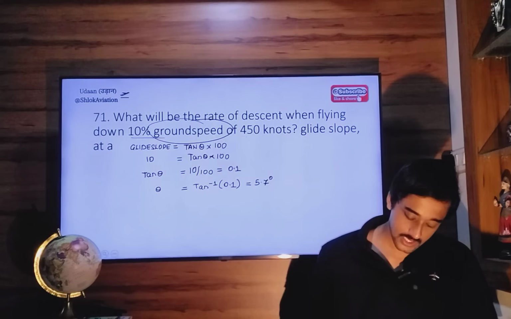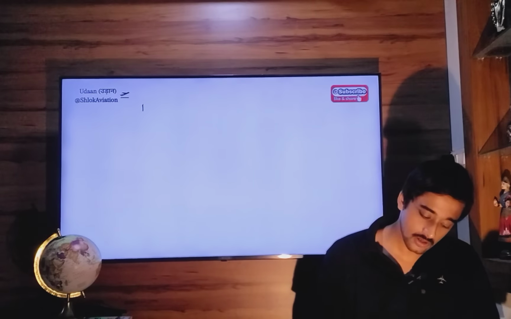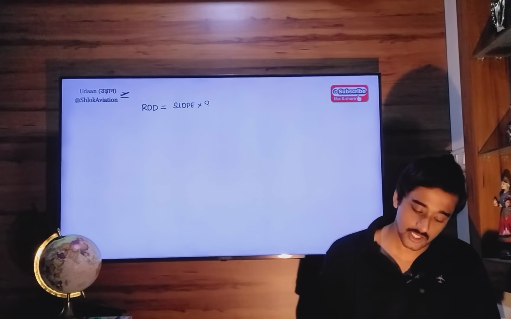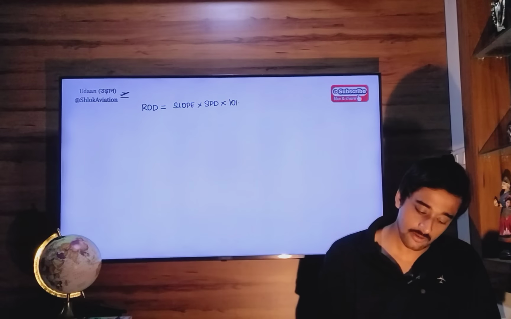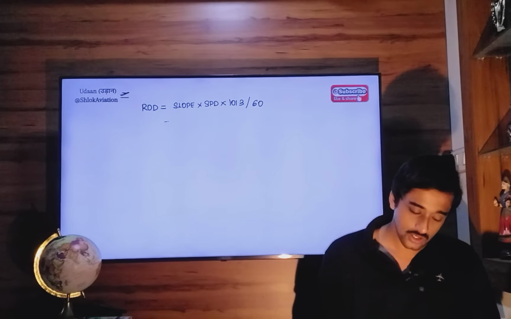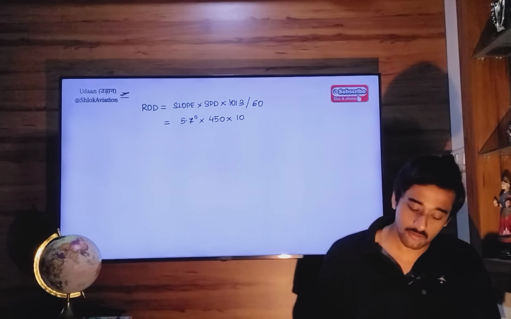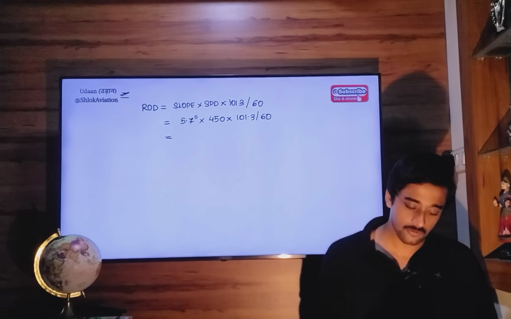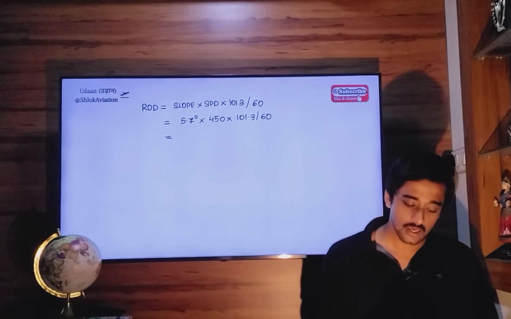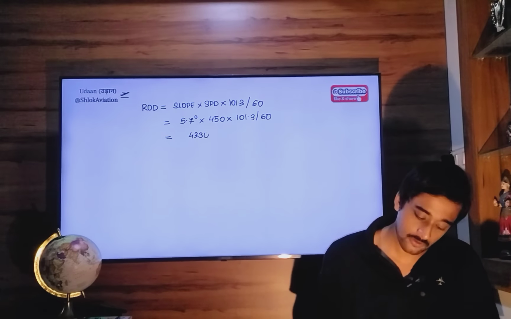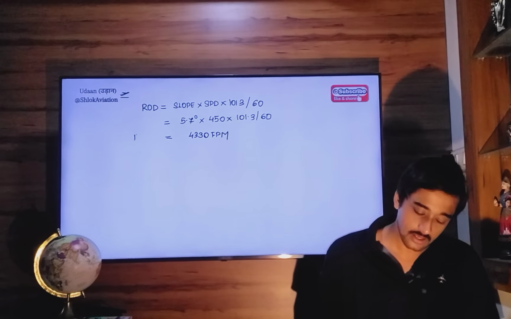Next. Rate of descent equals glide slope in angular measurement multiplied by speed into 101.3 feet per minute divided by 60. Slope 5.7 degrees into ground speed of 450 knots into 101.3 divided by 60. 5.7 into 450 into 101.3 divided by 60 is 4330 feet per minute. Okay. Next, question number